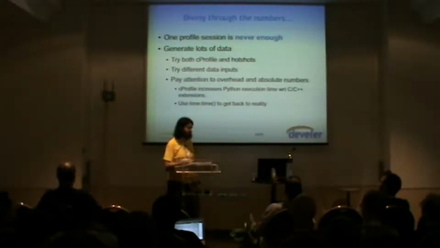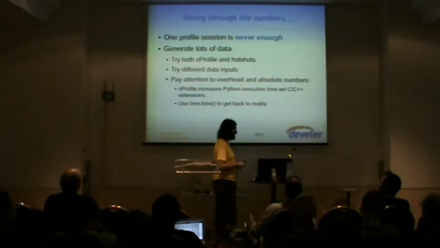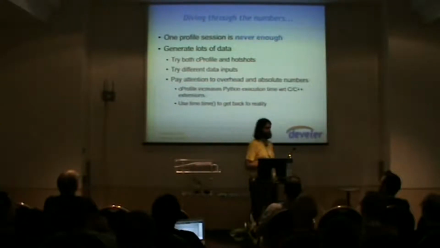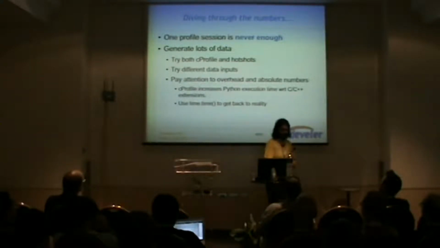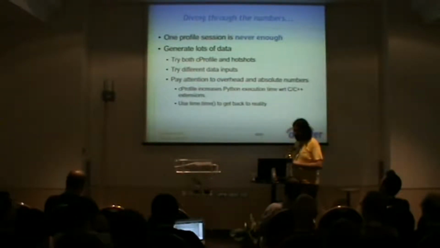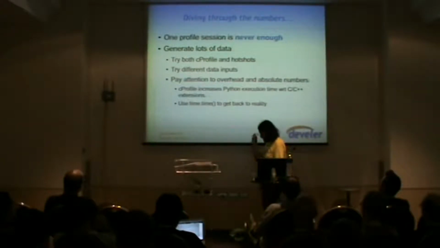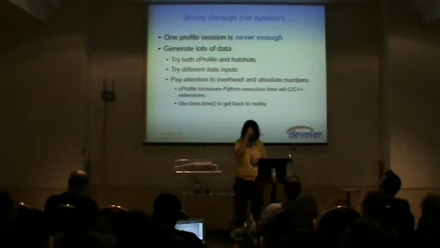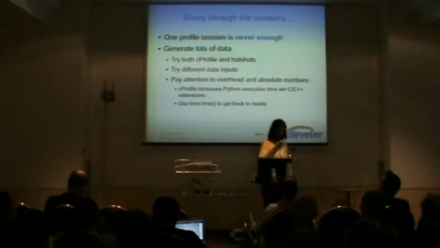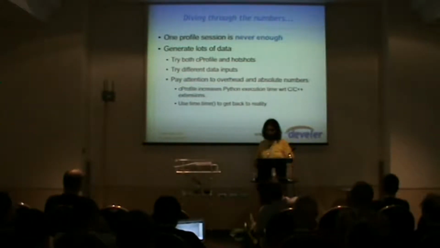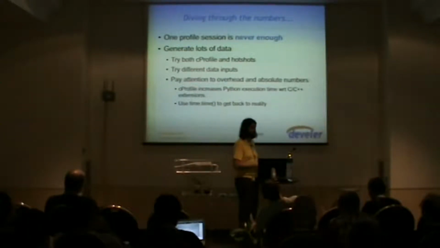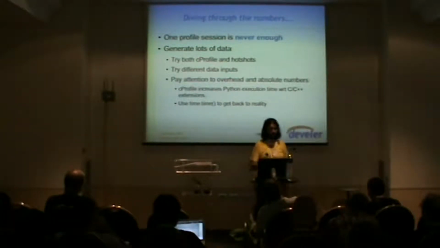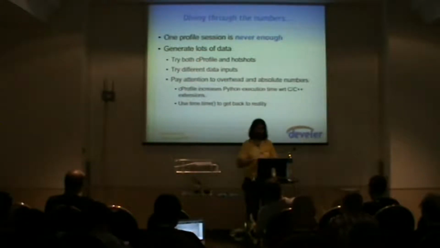I suggest you always try different profilers as well. Try cProfile and hotshot, because cProfile can instrument your code in a way that creates overheads in points that hide the real bottlenecks in your code. So it can happen. So try both cProfile and hotshot for statistical profiling. Try different data inputs, of course. This is basic profiling stuff. If you debug only against one data set, you probably fix everything in that data set, but this is not what you want. You want your program to work well on average. Okay?